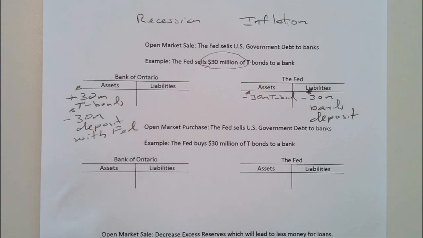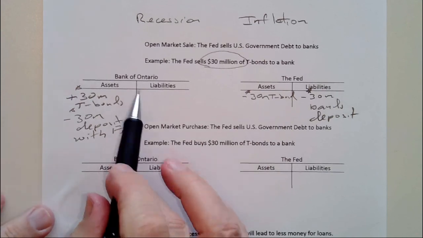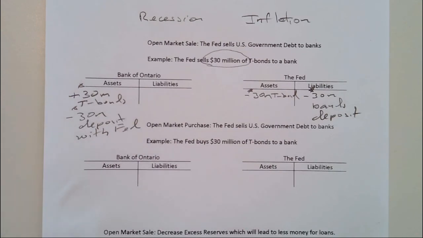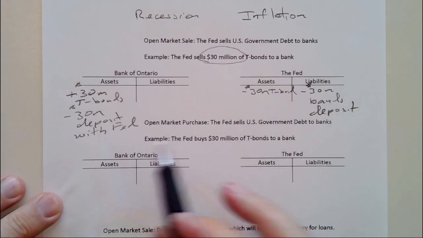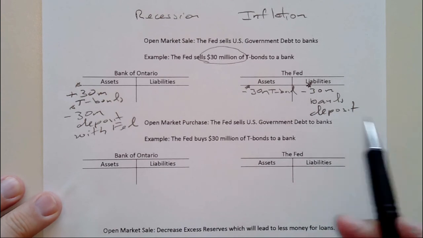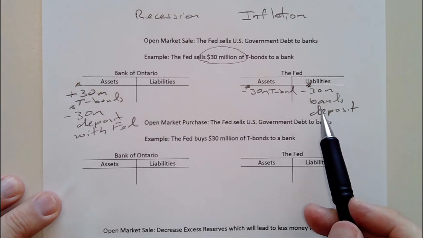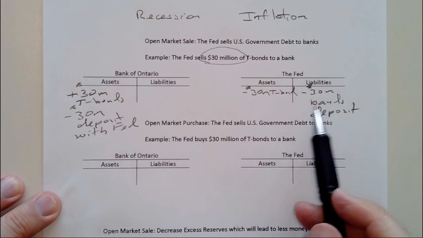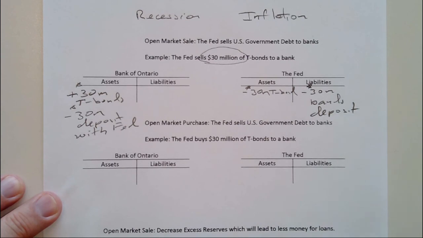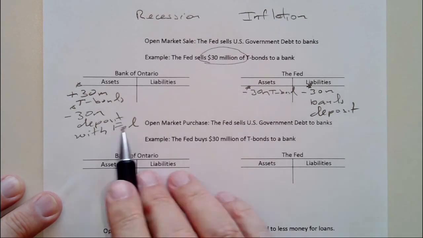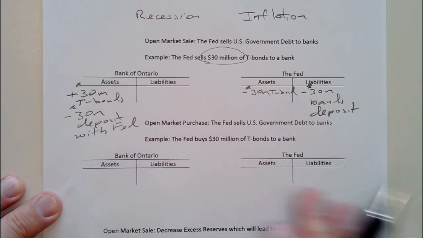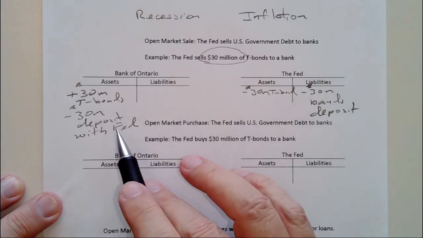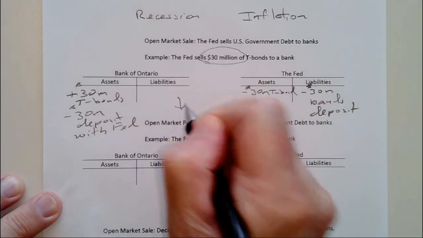So what does this do for the economy? Well, what the Fed has done is they've taken $30 million of reserves from the Bank of Ontario, which the bank could have loaned out to you and I. And where did it go? It disappeared into thin air. One person on a computer at the local Fed, maybe downtown LA, hit a keyboard, said minus $30 million that the Bank of Ontario had with us, and that money is now gone. It simply just vanishes. And so that money no longer can be used by the Bank of Ontario for loans, so this would lower the money supply.